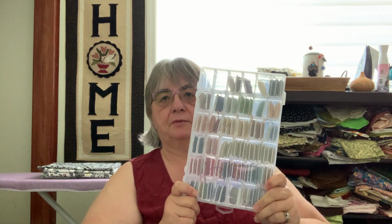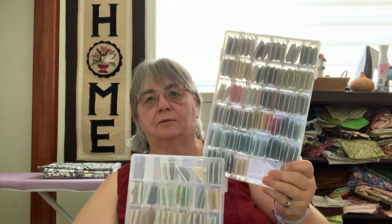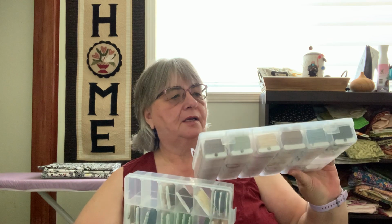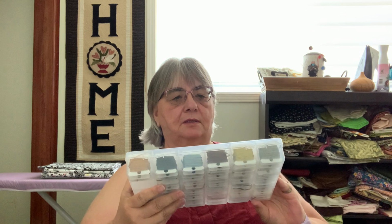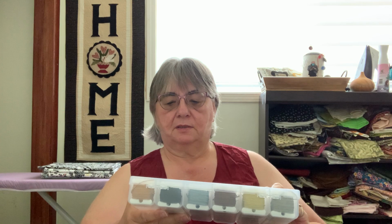And I think that's all. Well, it's not all, that's a lot. But I did get all my threads put back into these cases. So I've got 4 of these cases on the go now. And I decided rather than put my DMCs on thread drops, I'm going to keep them in the cases. And the reason why is because some of these colors